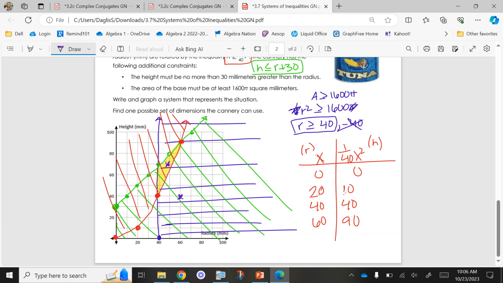My paper, I used 50, 70 because it was inside. So if it had a radius of 50 millimeters and a height of 70 millimeters, that would fit their new constraints on the can. So whatever you picked, 40, 40, 40, 70 would work. Any of those. All right. All right, good job. So because of our shortened time,